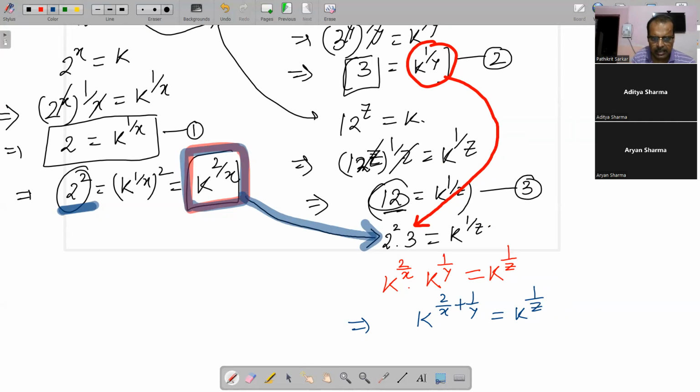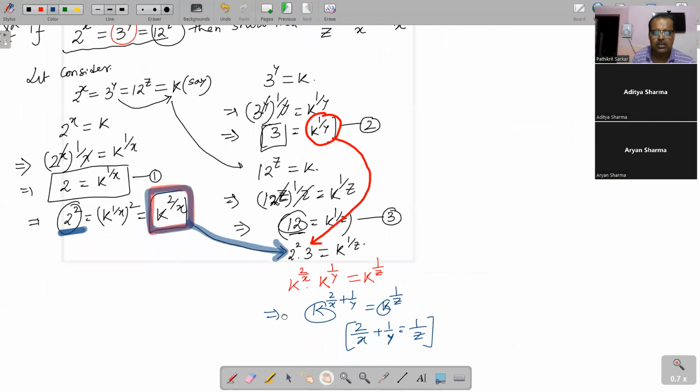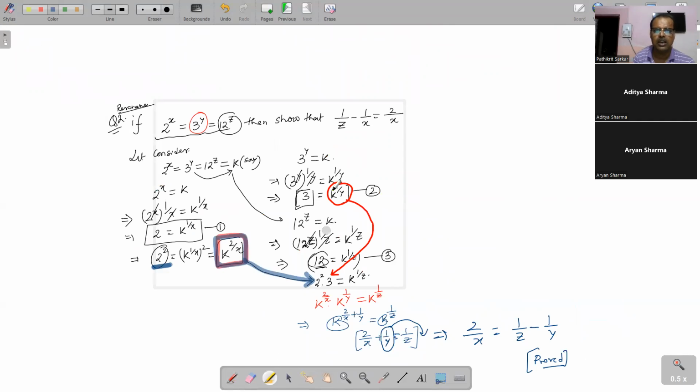लिख दिया। लिखने के बाद इसका वैल्यू बेस आपका सेम है, दैट मींस 2/x प्लस 1/y इज इक्वल टू 1/z, ऐसा कुछ आ रहा है। दिस इज समथिंग व्हिच इज कमिंग ओवर हियर। सो इसको आप ऐसे करके लिख सकते हो, दैट इज यू कैन राइट डाउन 2/x इज इक्वल टू 1/z माइनस 1/y। दैट मींस यहाँ पर जो 1/y है इसको सर आप इस साइड में लेके चले। सो इट कम डाउन टू दिस, ये आपका प्रूफ हो गया। सो दिस इज योर प्रूफ। तो आपका प्रूफ जो था 1/z इज इक्वल टू दिस, सो वो आपका प्रूफ हो गया।